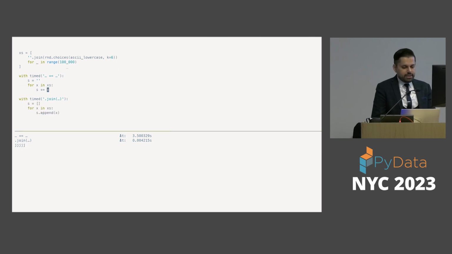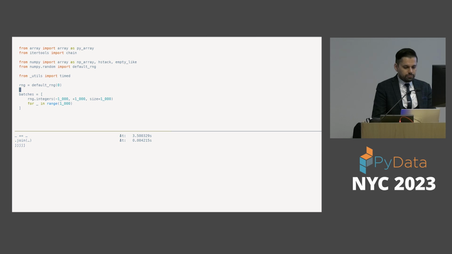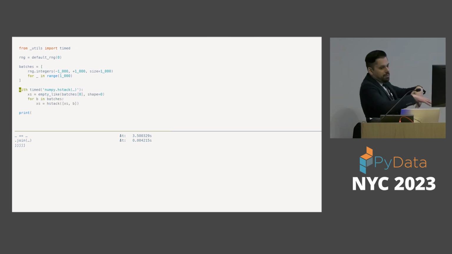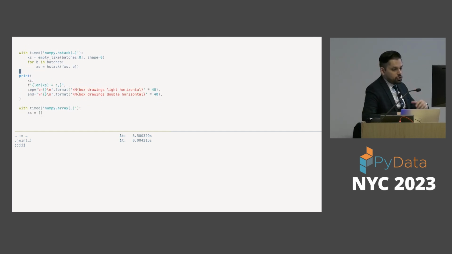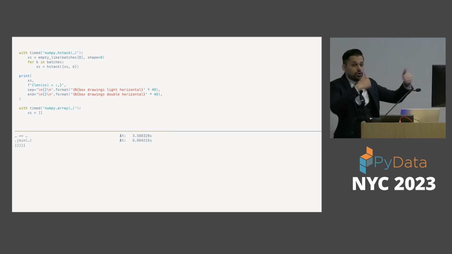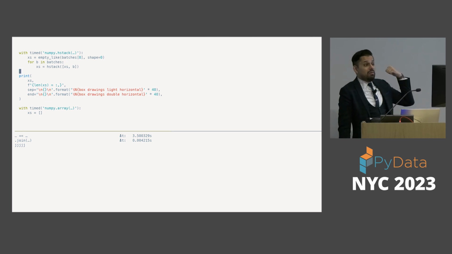Now, if we try the same example with, say, a NumPy ndarray, what we'll do is create a bunch of NumPy ndarrays. We'll create 1,000 that are each 1,000 in size, and we'll do a couple of different operations. We'll first hstack them over and over. So we'll hstack one, then hstack another, then hstack another. And in each case, we're going to reallocate and recopy the memory. So this is going to use, probably, assuming that the memory is actually freed, and ignoring things like fragmentation,